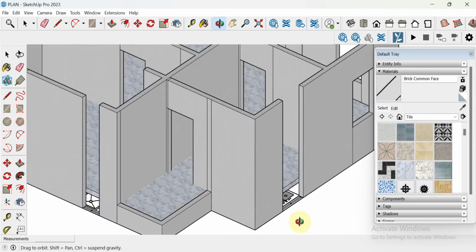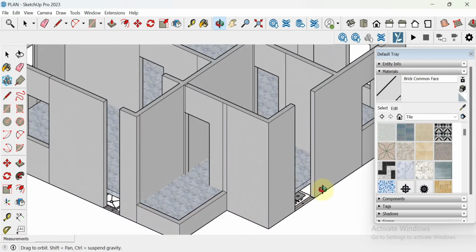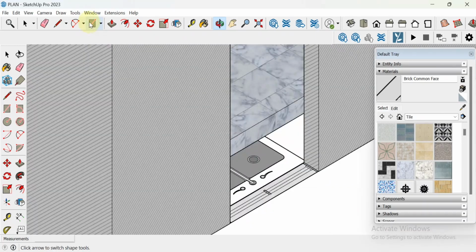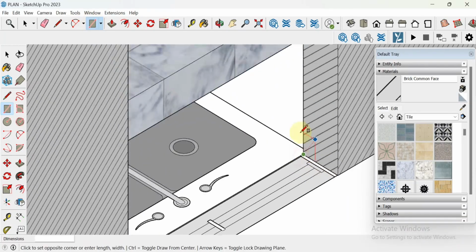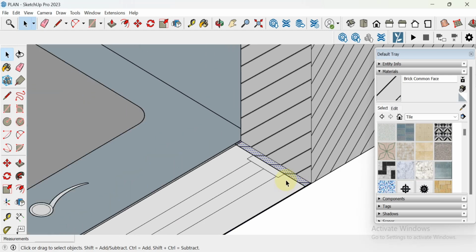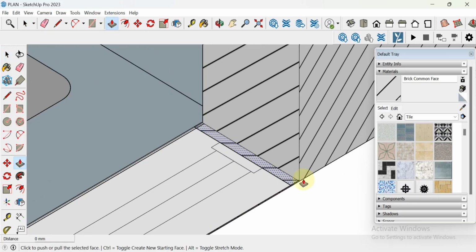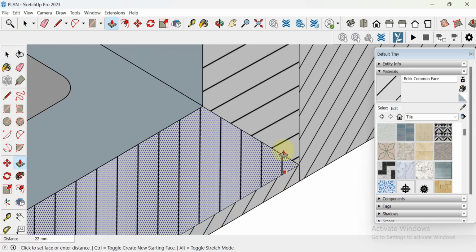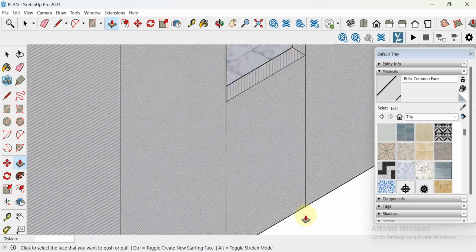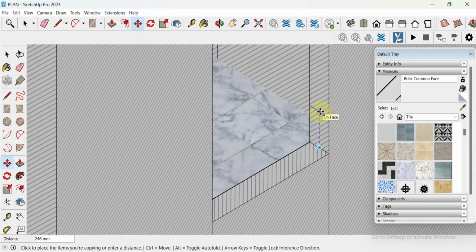Alright, we have all the windows, with the exception of the kitchen and the bedroom window. Let's use the rectangle, pick a point here. The height of the kitchen window is 1200, so the sill height will be 900. So we have 1500, inclusive of the DPC height, 1500. Select it and make a copy of it,